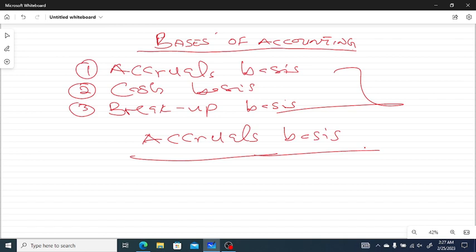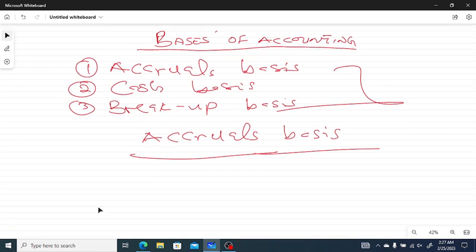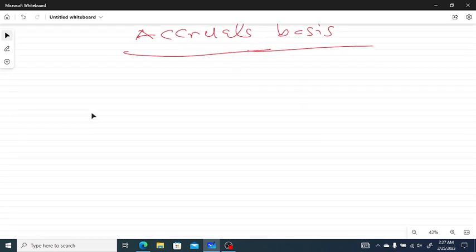And this accrual basis is saying that we are to recognize either income or expenses in the period in which it actually happened, whether the cash has been received or paid in a different period. Then the accrual basis is of the opinion that we are to recognize it in the period in which it happened. For instance, let's assume that